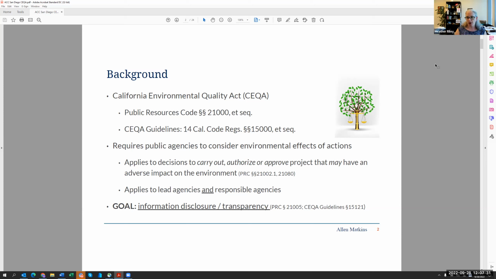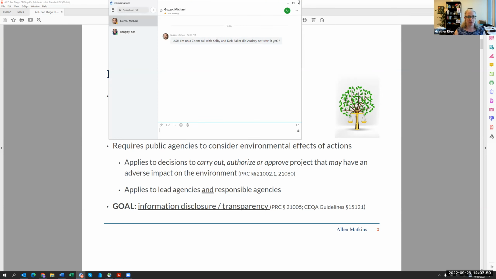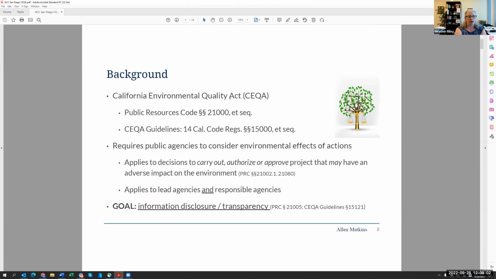The most important thing that I want you to remember if you walk away from this session today is that the goal of Ceqa is not to save the environment. The goal of Ceqa is not to prevent all environmental potential harm. The goal of Ceqa is information disclosure and transparency, period. As long as the information is being put out there in a very straightforward way, then Ceqa has done its part. It is not to turn off environmental harm. It is not to prevent environmental harm. It's to make sure that the information is disclosed and that everything is transparent.